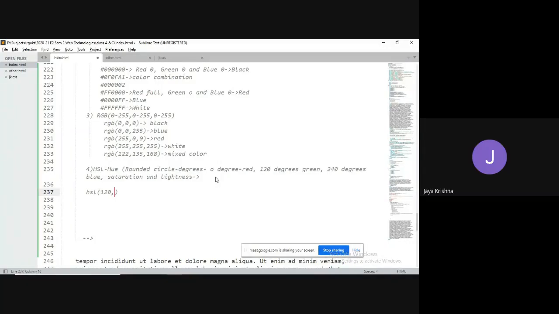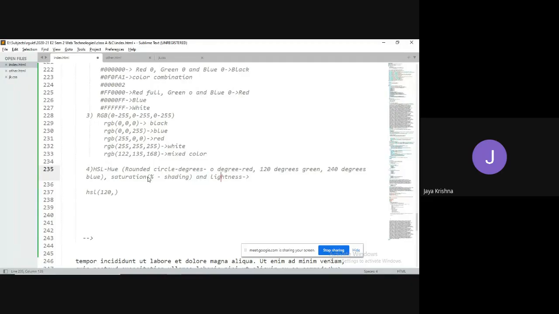Saturation we are going to represent in the form of percentages, meaning that to define the shading of the given color, we can go for saturation.